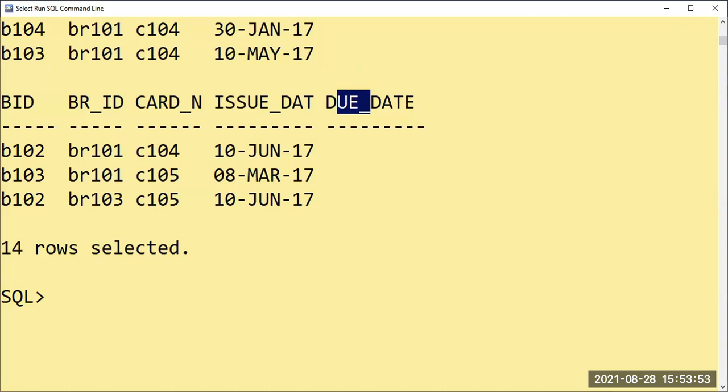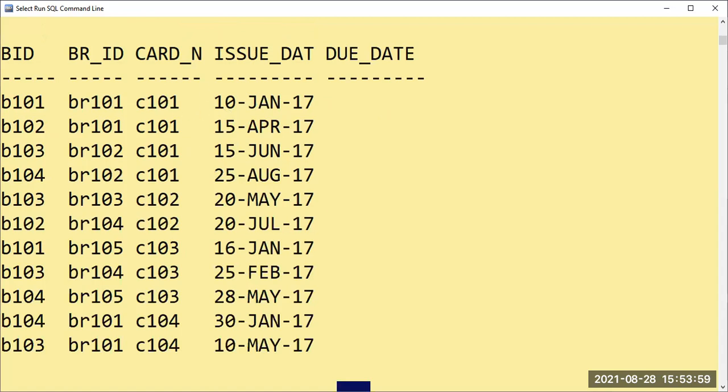Okay, so for the first idea, I have to open the book lending table. Already I have opened the book lending table. Hope it is visible for you people. We'll use a spotlight. So see, C101, who is Maitri, she has issued the book on 10th of January. So she can return that book after 15 days. 10 plus 10 is 20, and 5 more days we have to add. That is going to be 26th January. So I have to go on counting with the help of fingers from 10th Jan, 11th Jan, 12th Jan, 13th Jan. That way it is there.